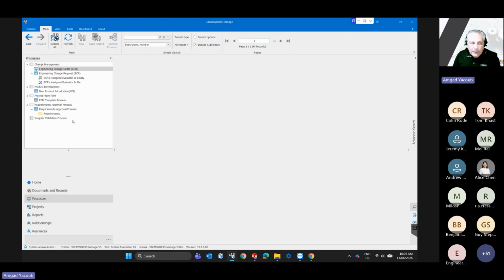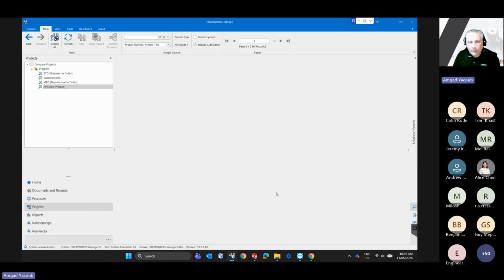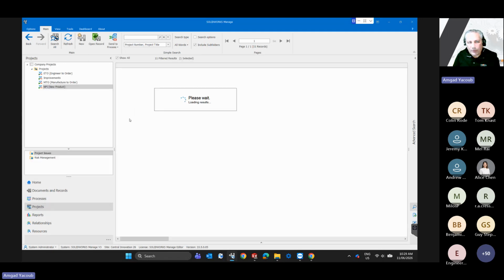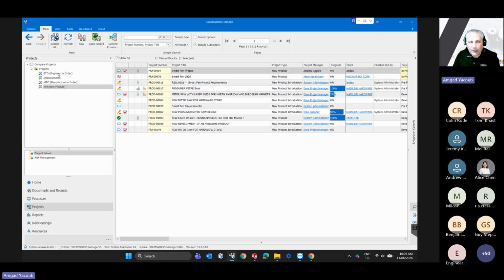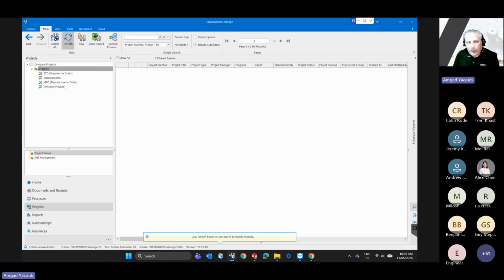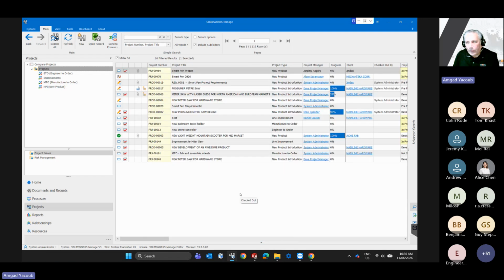Then we have our process, and this process can be an ECO or ECR process, new product process, requirement process, and so on. Then we have here all our projects, and you can see our projects are organized or classified as engineering to order projects, improvement projects, manufacture to order projects, and new projects. Okay, you can see straight away from this interface all the projects that we have in our organization,